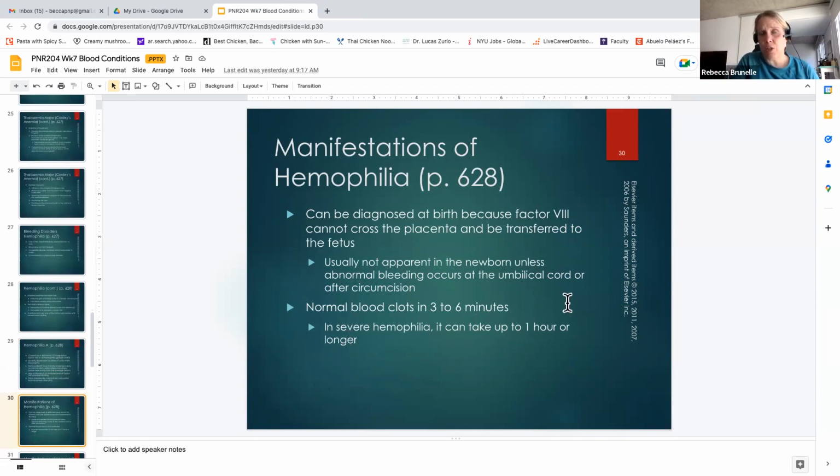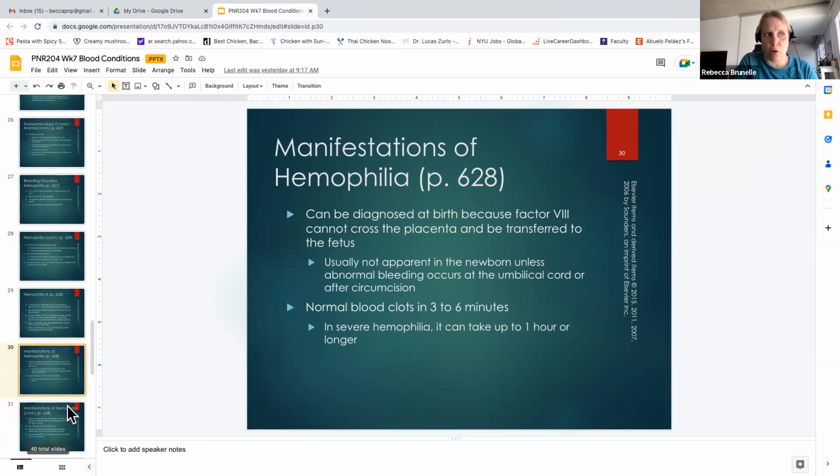In the severe case, normally you and me, we don't have hemophilia. Our blood will clot in 3 to 6 minutes. But if you're a severe hemophiliac, it would take you an hour or longer to clot. So those are going to be your patients that are at risk for dying from hemophilia. So obviously there's going to be different nursing education. If you could die if you bleed, it's probably not a good idea to play football. Whereas if it's just a mild hemophilia, you have to be a little bit more cautious, but you can still play contact sports. So think about where they are on that spectrum of hemophilia, and then target your nursing care to what's appropriate to their risks.